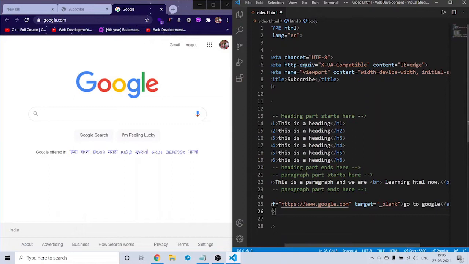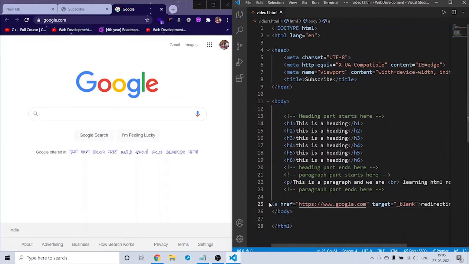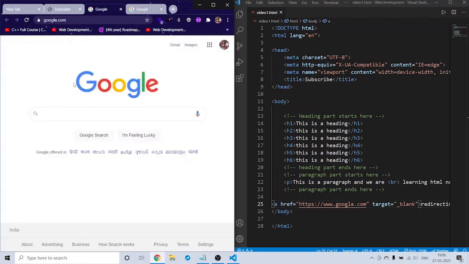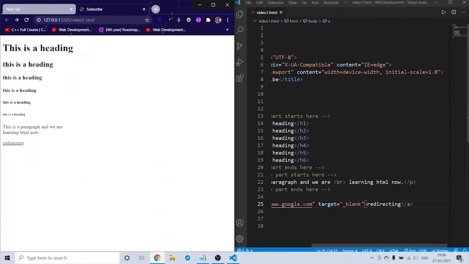If you want, you can give any other text here, for example, redirecting, or anything you want. This is just normal text. The main part is the href part. When you hit save, you will see that go to Google is now changed to redirecting. When you click on this, you will again be redirected to the Google homepage. And now let us talk about